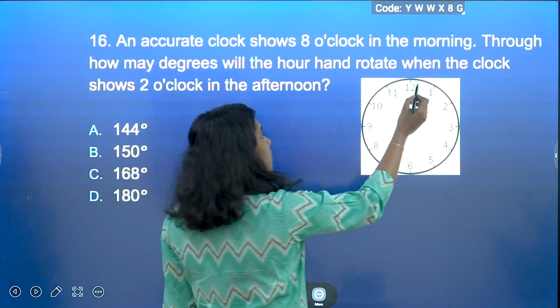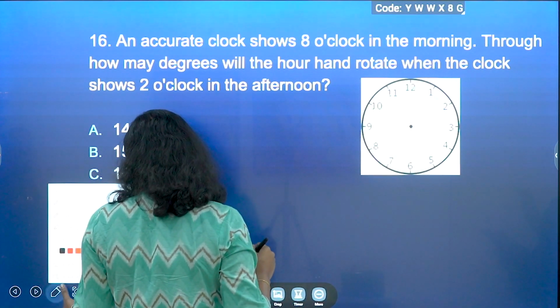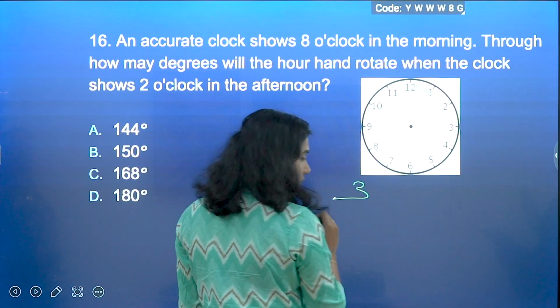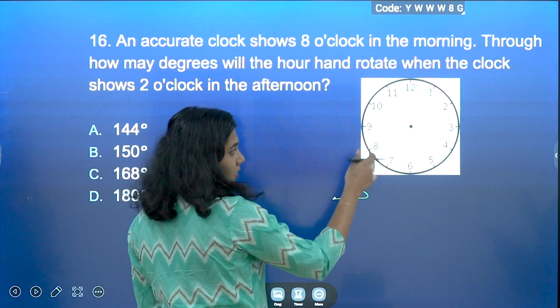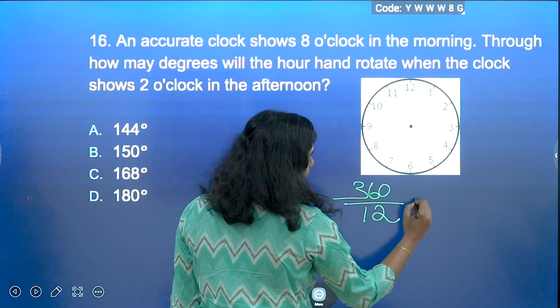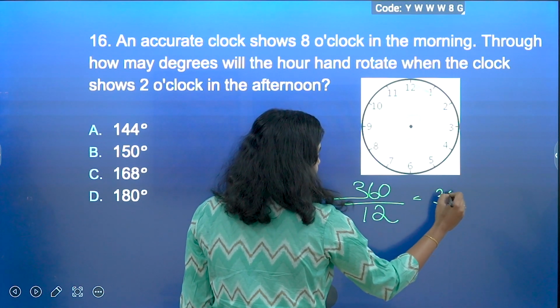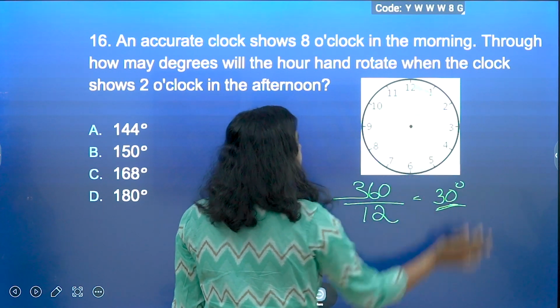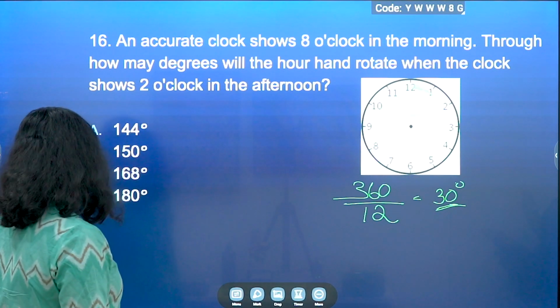So if you want to find out the degree of one equal part, that means there are 12 equal parts and you know that the whole is 360 degrees. So 360 divided by 12 and you will get 30, right? You will get 30 degrees. So one part is equal to 30 degrees. Okay. Now the question is,